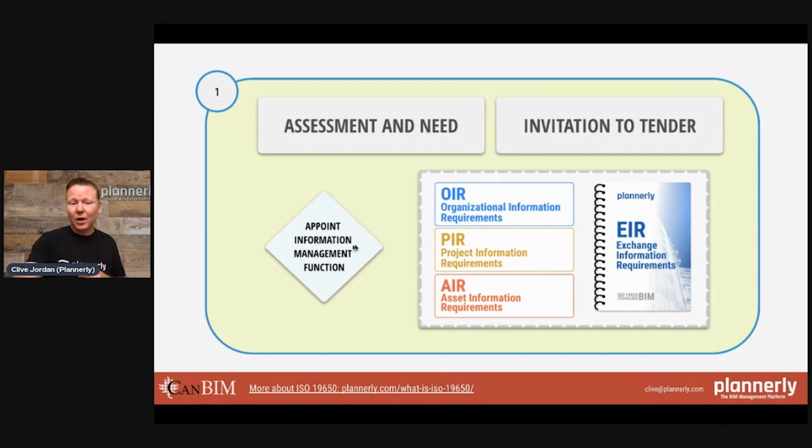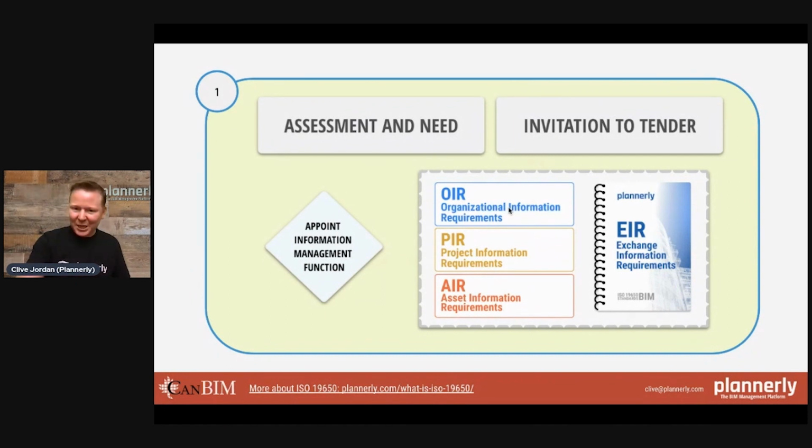And I'm going to either do this myself, or I'm going to appoint an external consultant to manage this on my behalf, and they are the information manager. This information management function kicks off the process. You need to have somebody that understands what they're doing in order to put the right requirements in the right structure and follow that through.